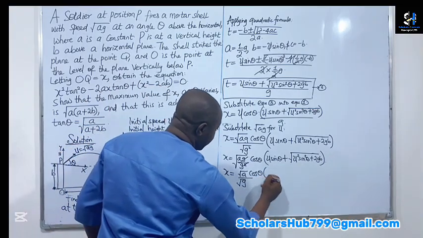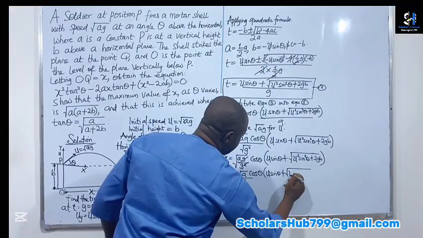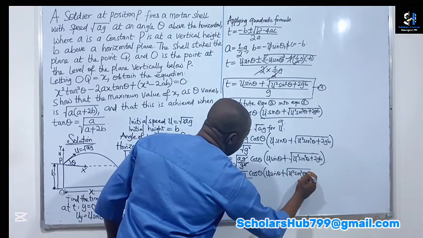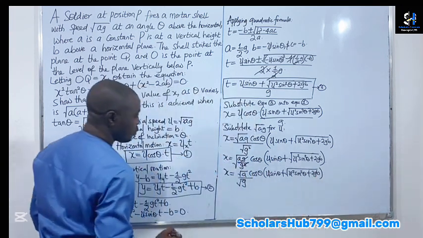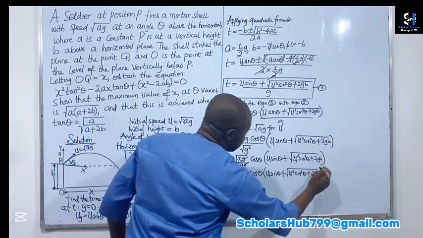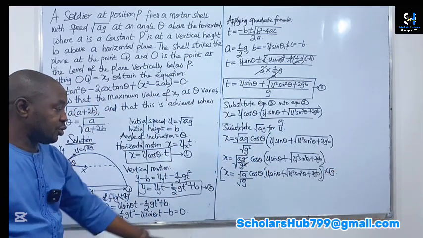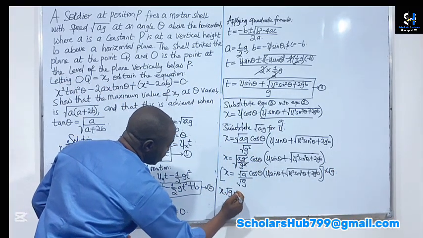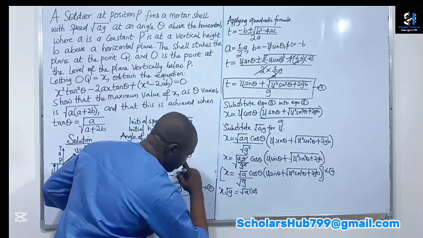Okay, then we have u sine theta plus square root of u squared sine squared theta plus 2gb. So now let me multiply this equation by root g just to get rid of this. Okay, so I'm going to get x root g equals root a cos theta, let me open the parentheses,